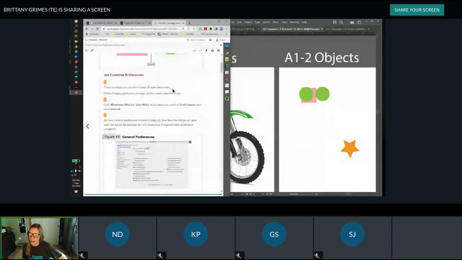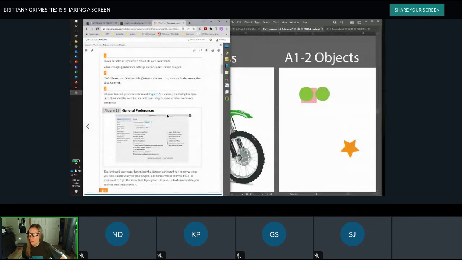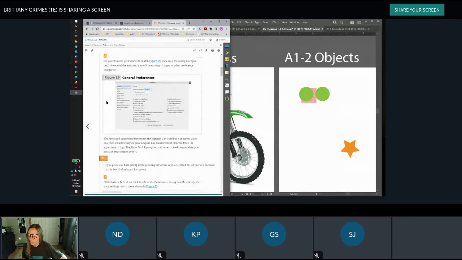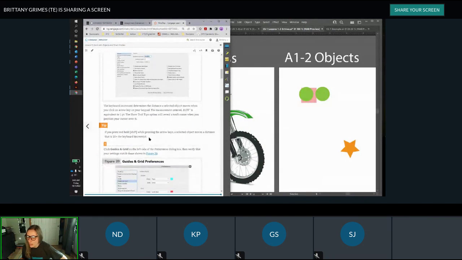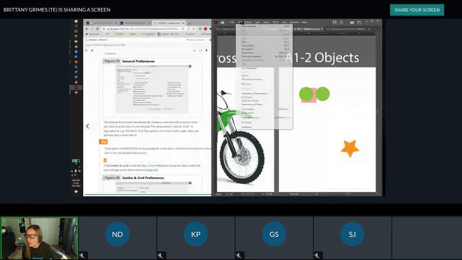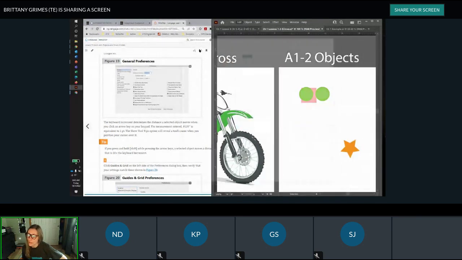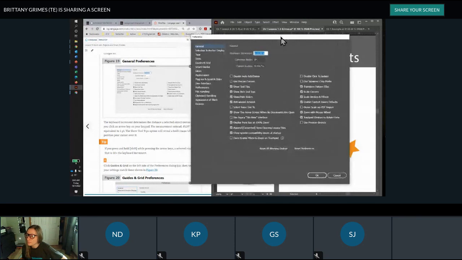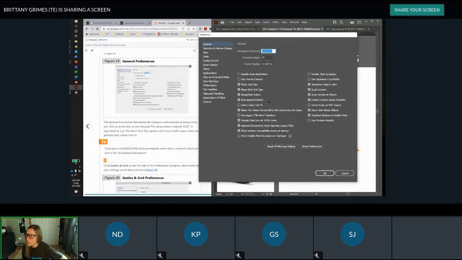Here we go. More steps. All right. Setting up preferences. What do they want us to set up in here? Keyboard increment. No, I think, well, I'll show it to you. We've gone through this, but preferences, general. So showing your tooltips, another thing in here too, make sure you have all of these that they have clicked on, that you have on, and then the ones that I've told you to click on. All right,